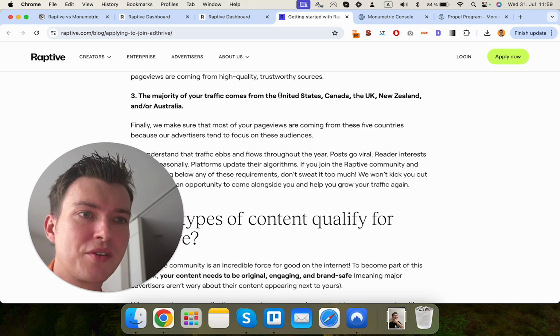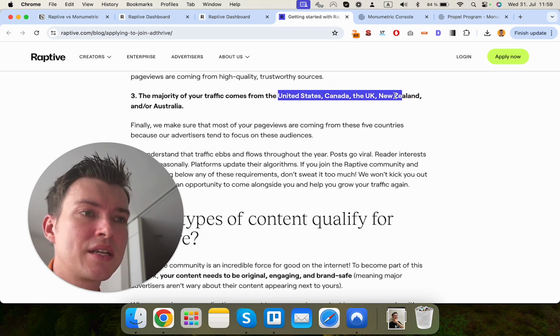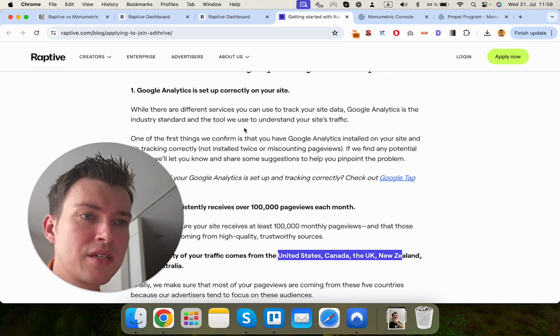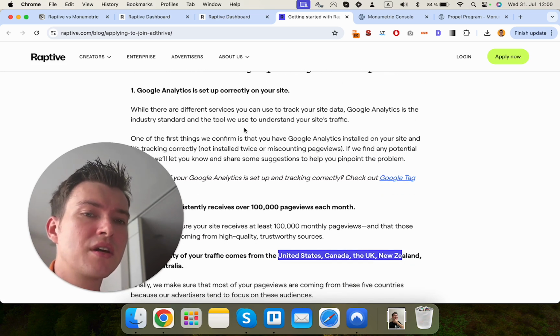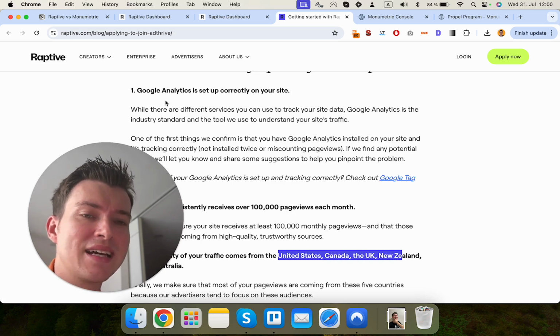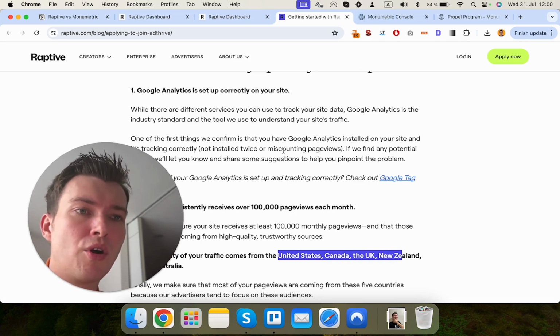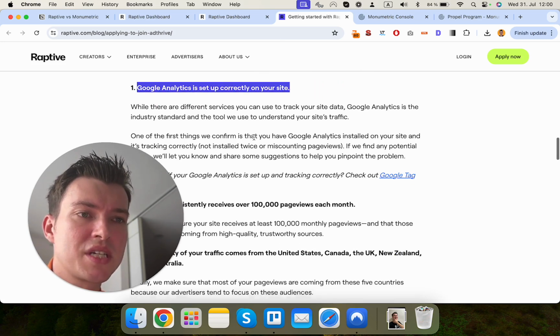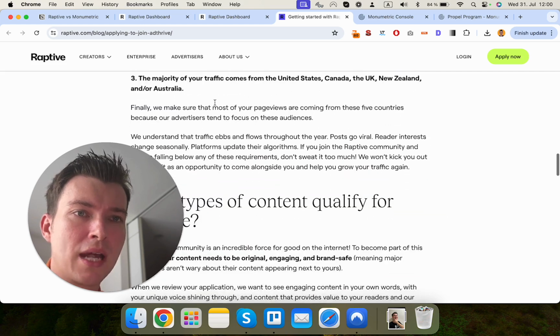They do require the majority of traffic coming from the US, Canada, UK, New Zealand, and Australia. They are more strict with content, so they're pretty outspoken against AI content. They prefer long form over short form content. And obviously your content has to be original to be accepted to Raptive, as that's more of an exclusive program, while Monumetric might be more open to everything. Obviously you need to set up Google Analytics properly on your site, but that goes for pretty much all ad